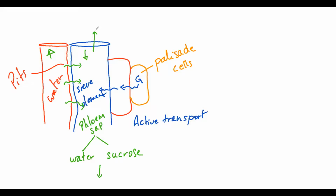The phloem still contains small amounts of cytoplasm along the wall. As I told you before, the cytoplasm remains along the wall here. Suppose this is the sieve plate, and this is another sieve plate. Here are holes. The cytoplasm is found along the walls of the sieve element in order to move and to carry with it the sucrose and water, or to carry the phloem sap. This movement of the cytoplasm is called cytoplasmic streaming,